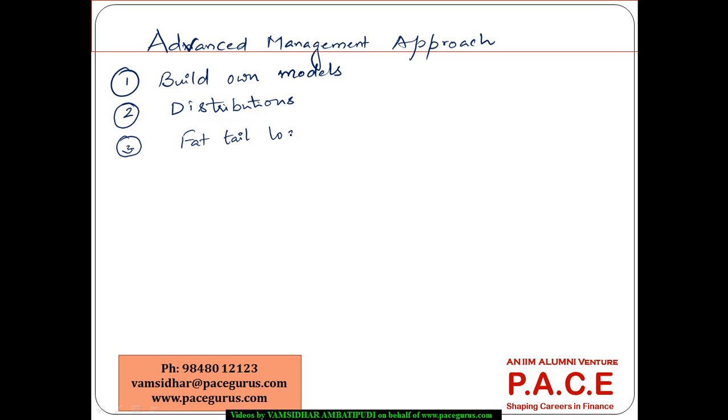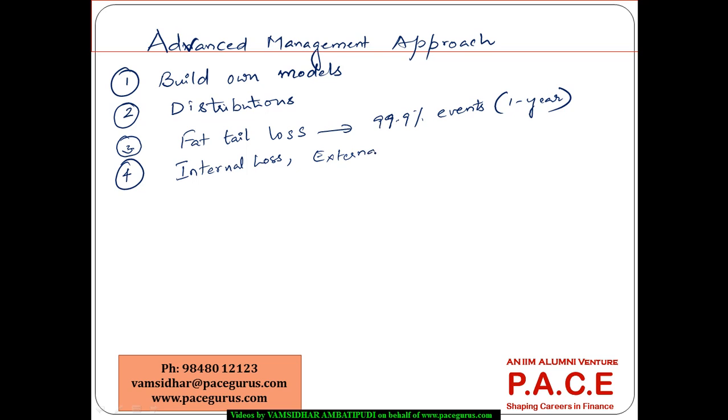These models should have the potential to capture even all the fat tail losses. So 99.9 percentile events within a 1 year time horizon. The model should definitely be able to cover all these losses. They have to pull the data from internal loss data while building the model. They have to use internal loss data and external loss data, which are both historical, scenario analysis,